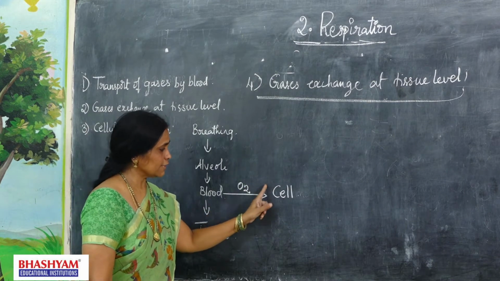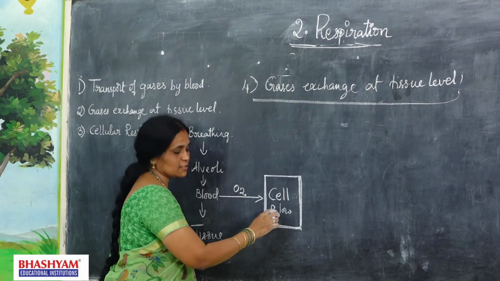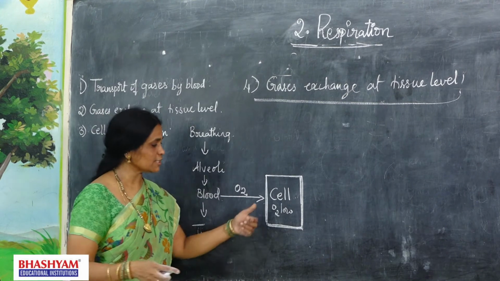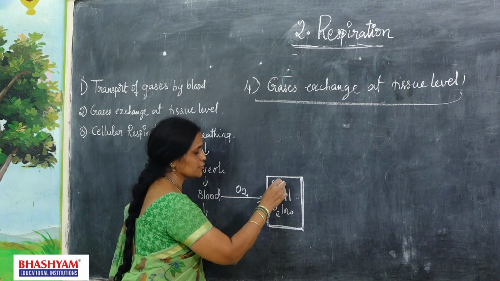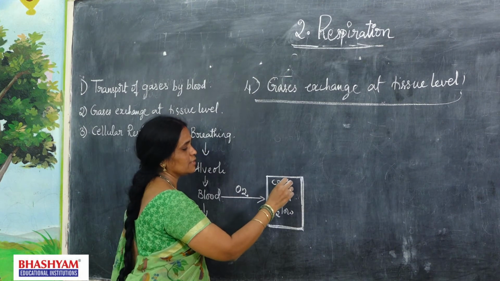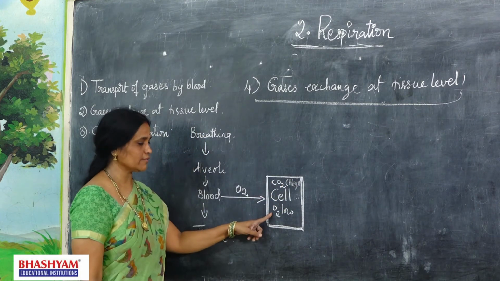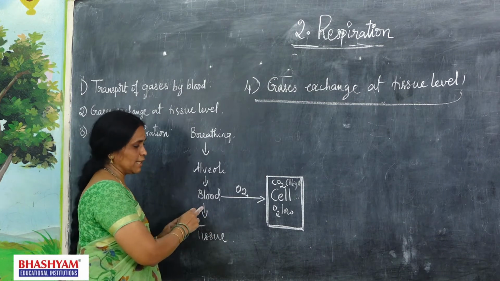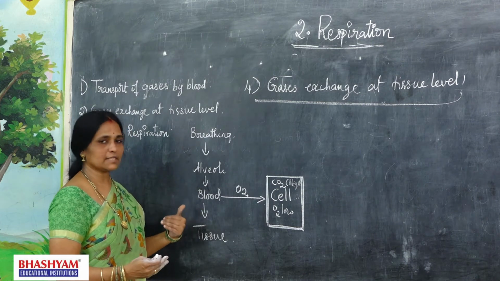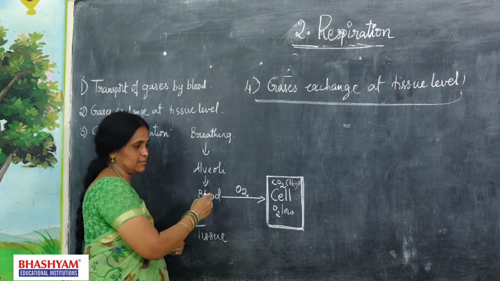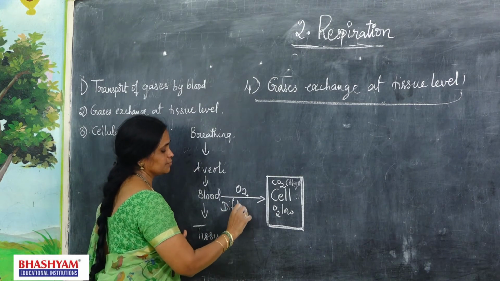Here, the environment of the cell differs from the blood. The amount of oxygen is low. Why? Because oxygen is completely utilized by the cells during respiration. And what gas is released during respiration? Carbon dioxide. So the concentration of carbon dioxide is higher in cells and oxygen levels are low. Again, a gradient is developed between blood and tissues. As a result, exchange of gases takes place between blood and cells by a simple method called diffusion.